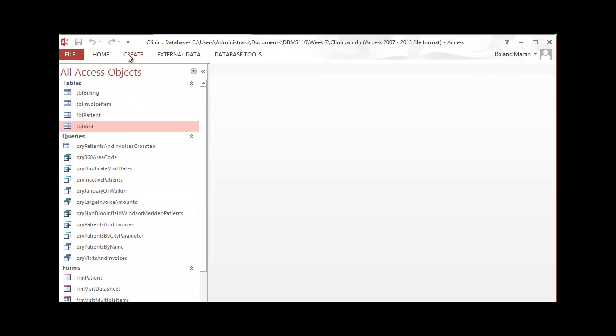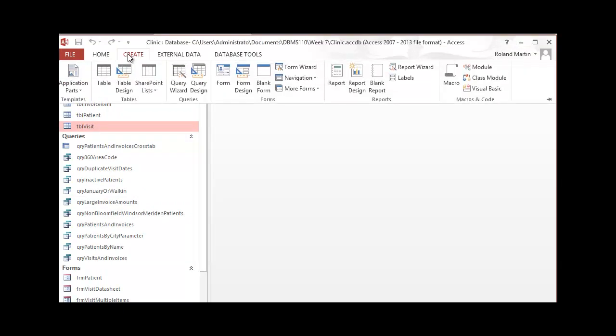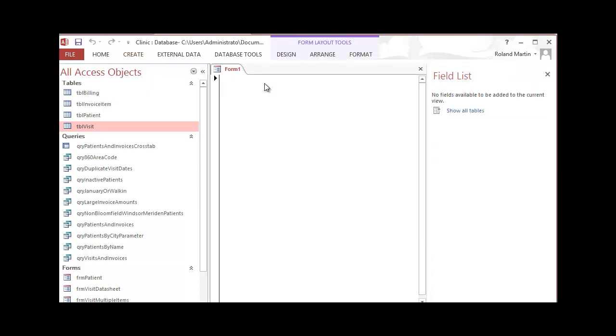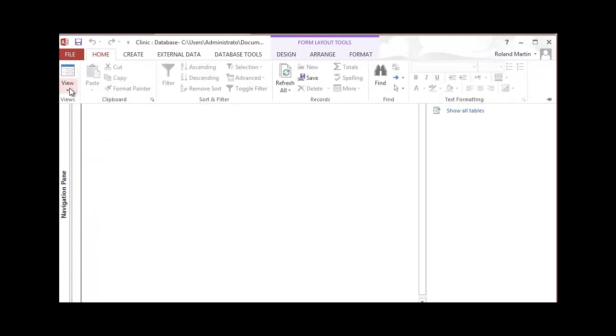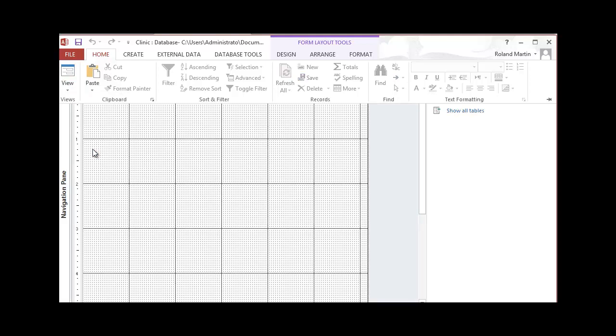If you don't already have it open, let's click the Create tab here. And then next we were going to go into the blank form button here on our forms group. Go ahead and click that blank form button. Let's go ahead and close our navigation pane. And let's make sure that we are in design view. And that will complete those first few steps of just getting us a blank form that we can work with